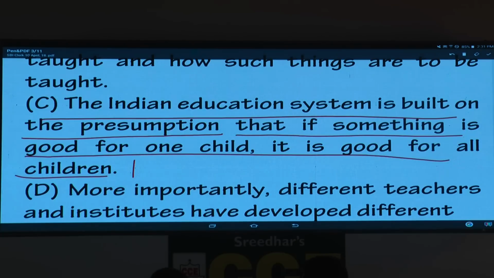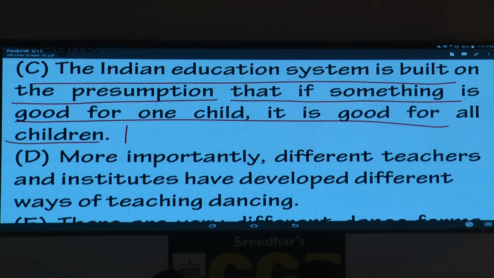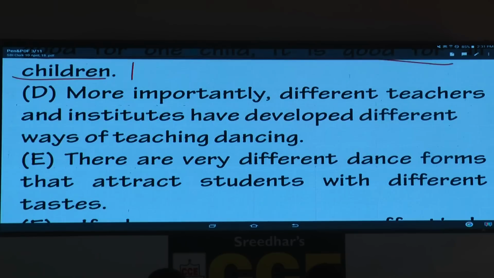So what is the second sentence here? If you remember, I said generally writers, because paragraphs are very short, they want to make them interesting. They make a statement, they try to substantiate. They make a statement, they try to give an example. They make a statement, they try to present a contrasting idea. So fact, a contrasting idea. Now, do you find a sentence with a contrasting word? Please respond. Which one is that?